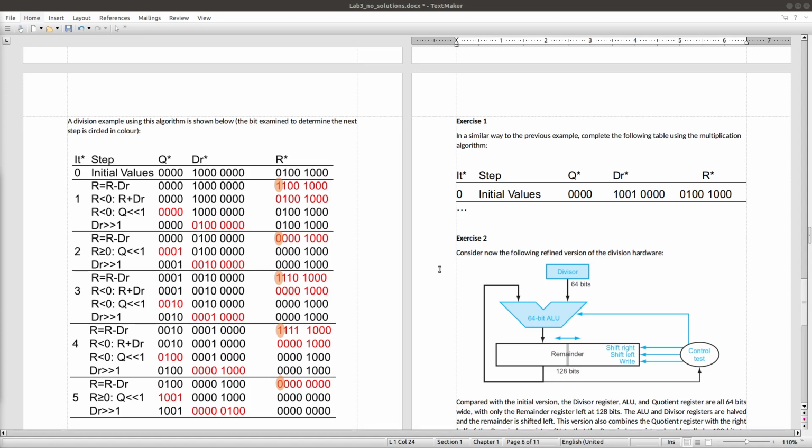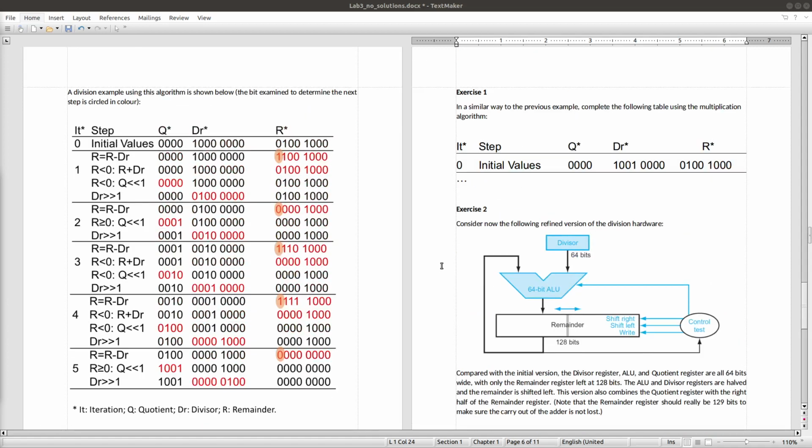And then we will go into our exercise. The first exercise will be given with some divider together with remainder, and then you will need to do yourself step by step to see how the divisor and how the remainder change their value until you get the final result in question.